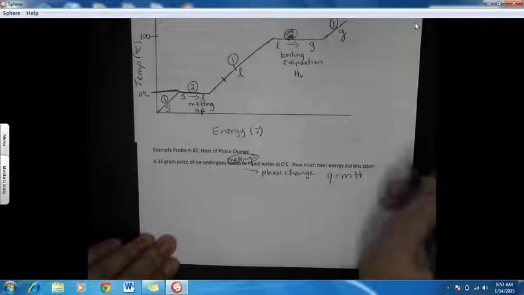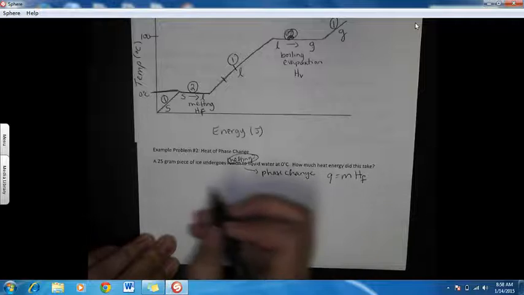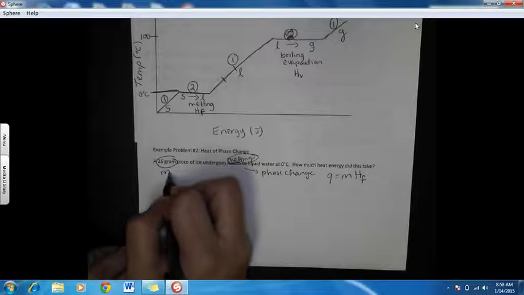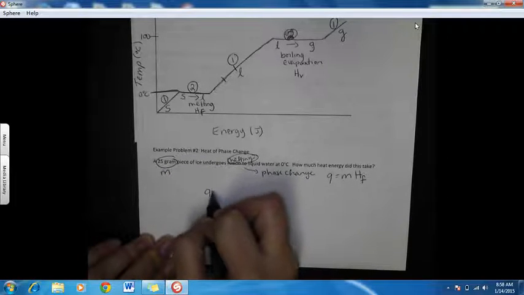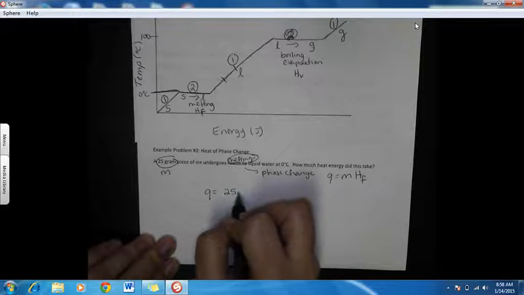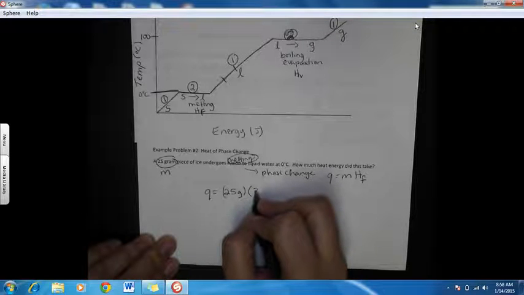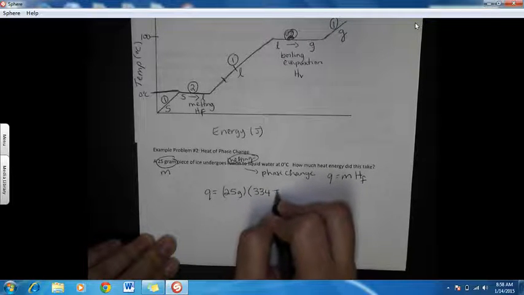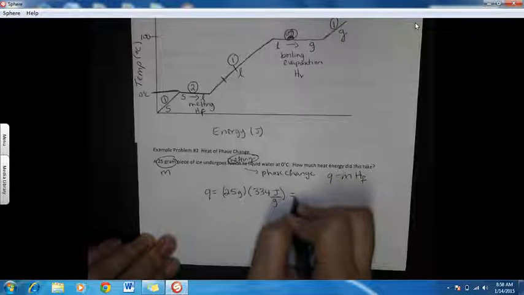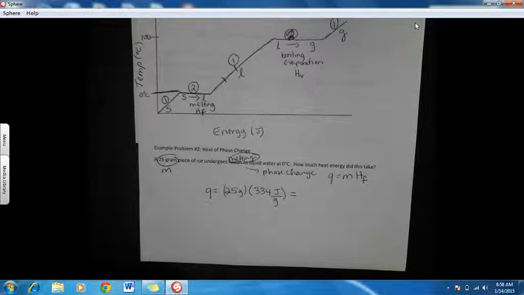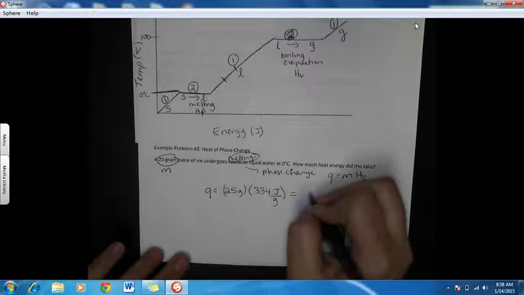Okay, and since we have a phase change, we have to use Q equals mH. And again, we're melting, so we're going to use heat of fusion, because that's what we use when we go between solid and liquid. We know our mass is 25 grams, so we can calculate Q is equal to 25 grams times heat of fusion, which is 334 joules per gram. When we multiply those together, we get